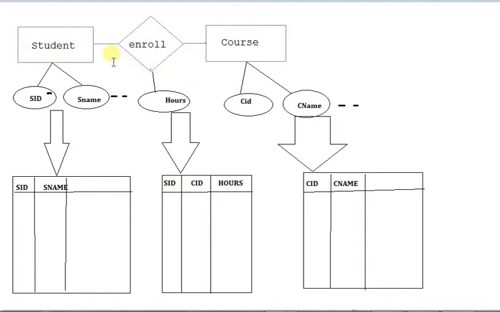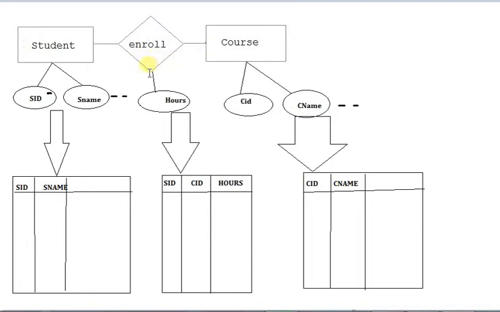When we identify the key for this relationship enrolls, it will be the student ID, because we are assuming that the relationship between the student and the course is many-to-one, that is, many students can enroll into the same course.